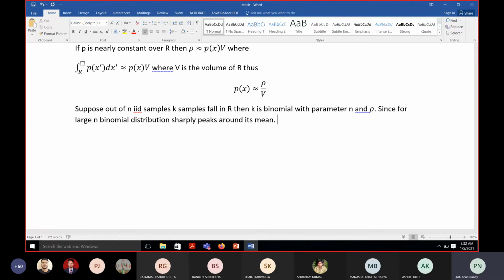It means that the binomial distribution for k peaks very sharply around the mean, so that